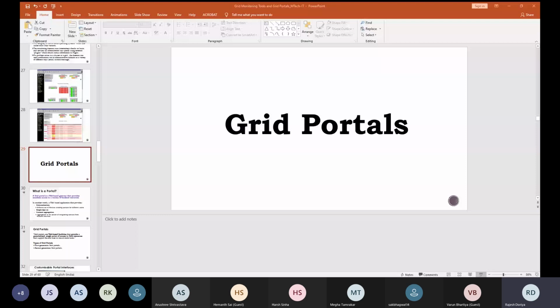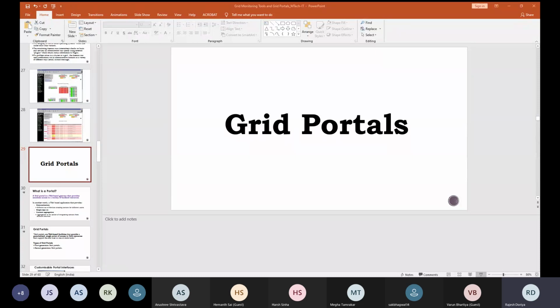Apart from that, there can be two types of grid users. The first one is system developers, and the other one is the end users, right? These two we have discussed in the last class. And these are some of the existing grid portals, so you can check them. Some of them might be working.